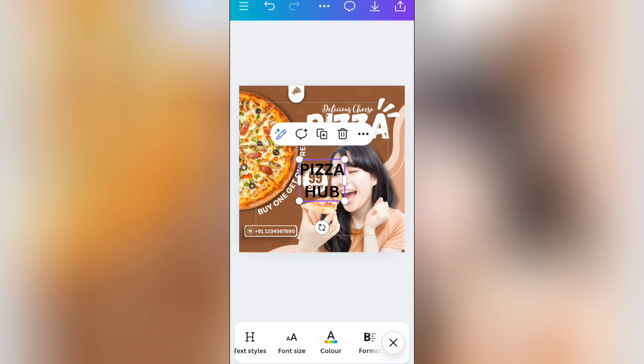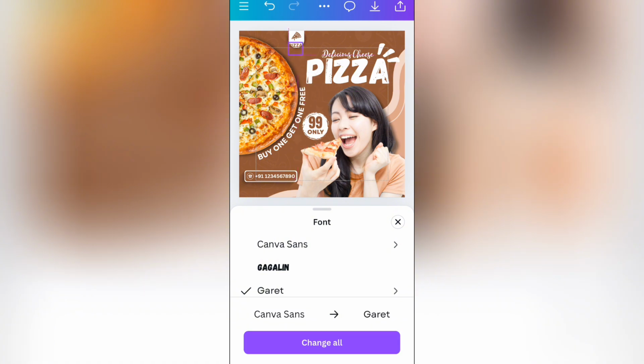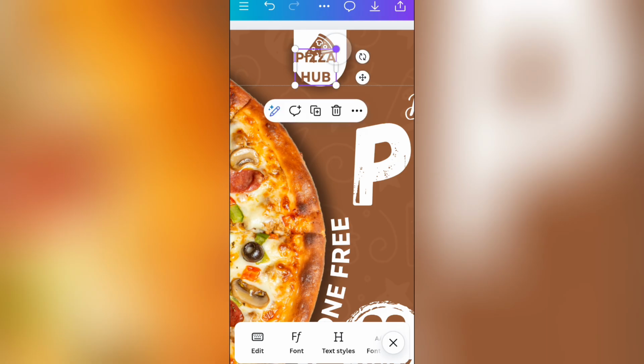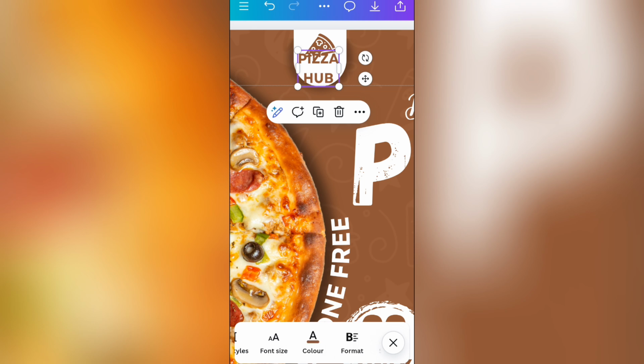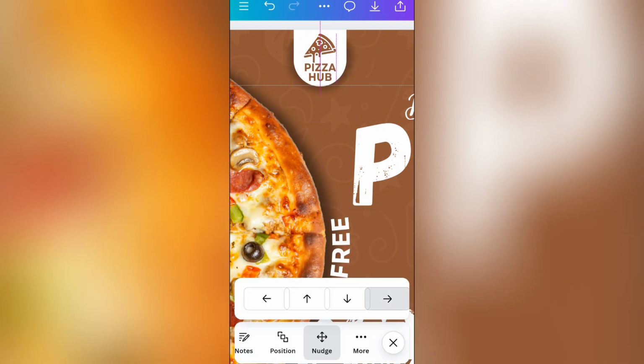Change the color of it to background color and select the font Garet and drag on here. Decrease the size of it like this and we need to go to spacing and decrease the line space like this. A little bit decrease the size of font and set right here in the middle.